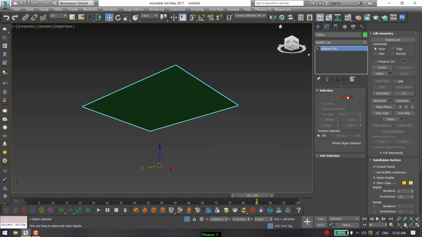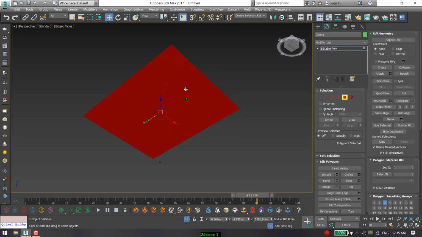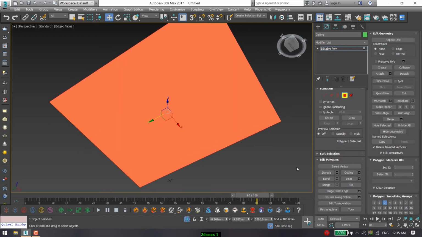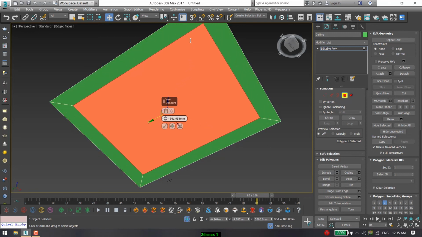I'm going to modify tab, select this face, but you can see this face is flipped. So I'm going to flip again. After that, I'm going to use inset tool and try to give it a ceiling shape.